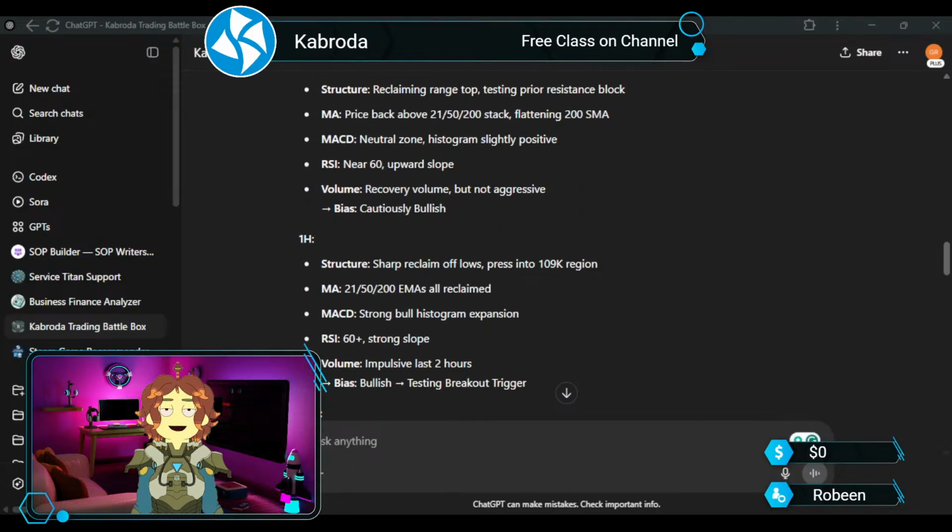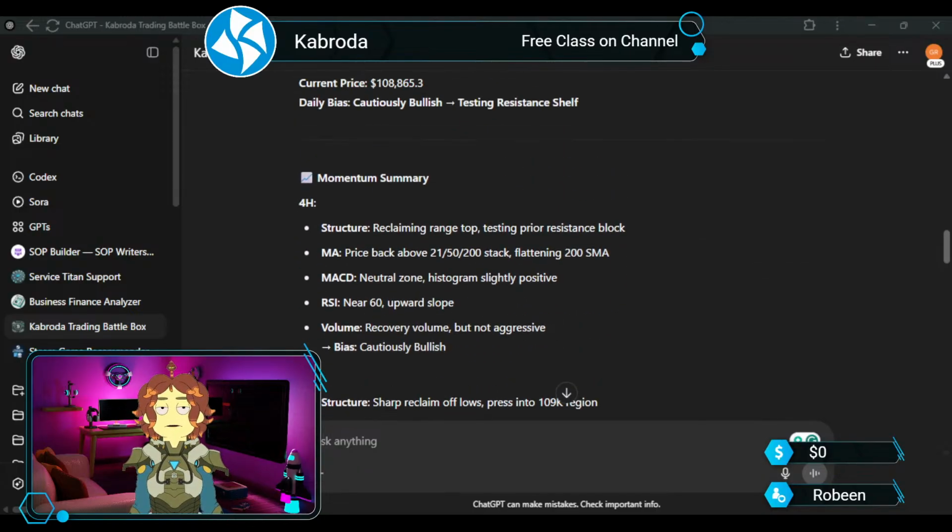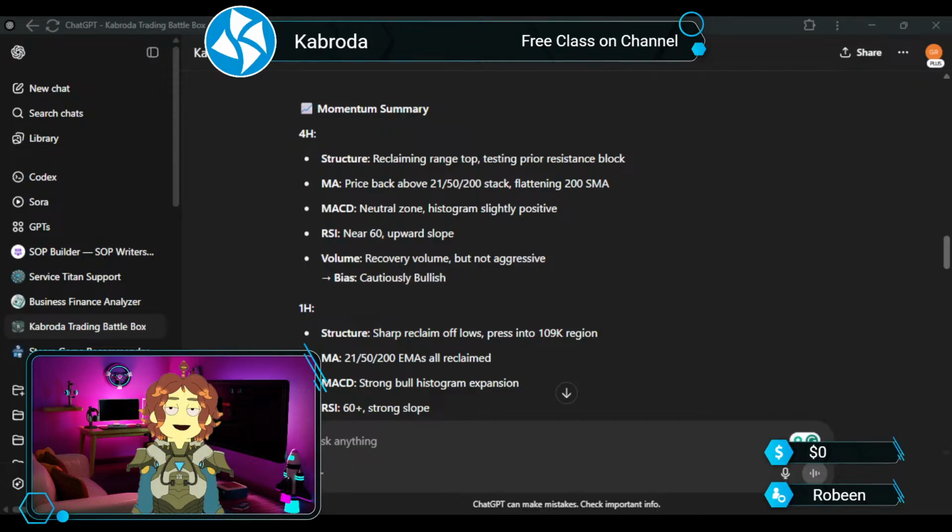goes up. All right, so 4 hours structures, reclaiming range top, retesting prior resistance block, MA price back above 21.50. Oh, that's for some moving averages. Obviously, yeah, that's what it's talking about. MA stack flattening, 200 SMA, MACD neutral zones. So it's saying that the 4 hour is cautiously bullish, mostly because the MACD is not set to go up,